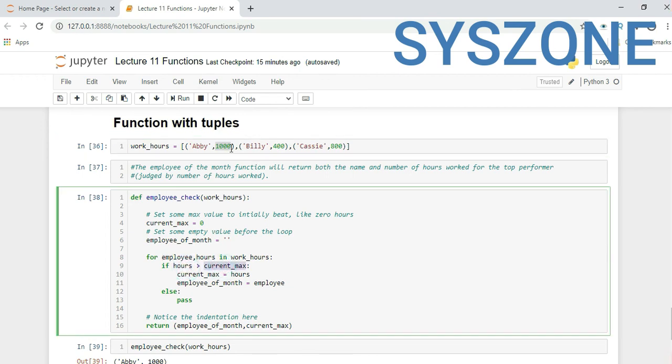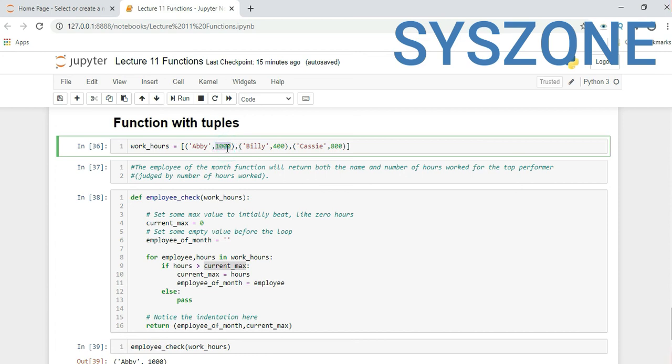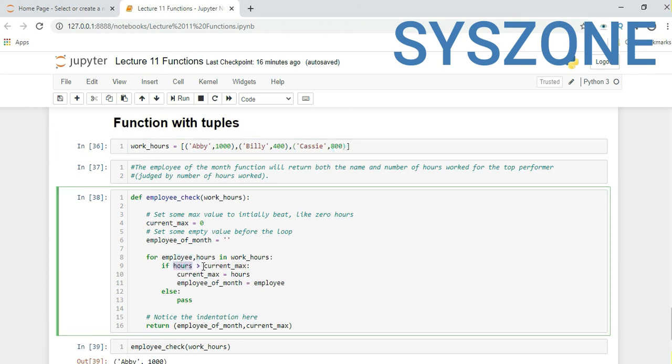Because we check the first value, we will keep comparing till whatever values exist. Here we have 3 items in the list. So here we will check if it is greater than current_max. The first time current_max is 0, so it would obviously be greater. So current_max it will assign as 1000. Employee_of_the_month would be taken if it is greater, otherwise it will pass.